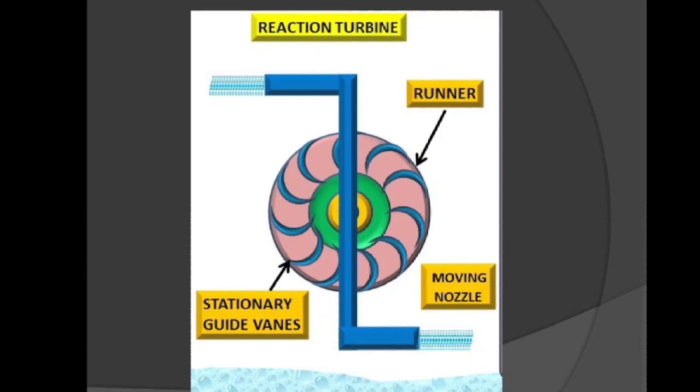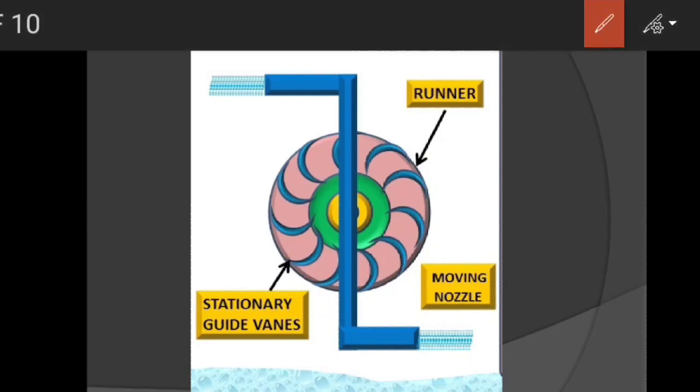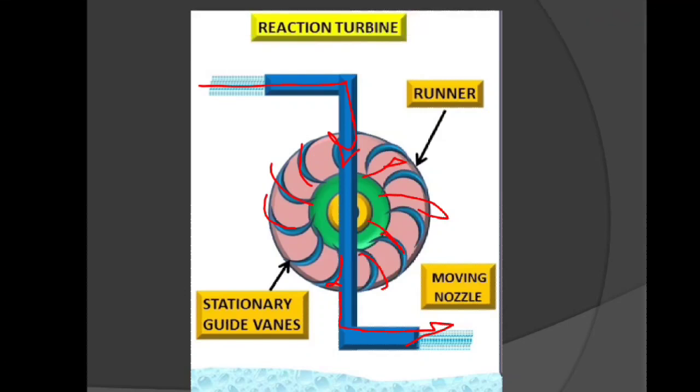In the reaction turbine, these are asymmetrical blades. It consists of one stationary blade and another moving blade. As the vapor is inserted into these blades, the pressure drops one by one, and finally the steam goes towards the condenser.